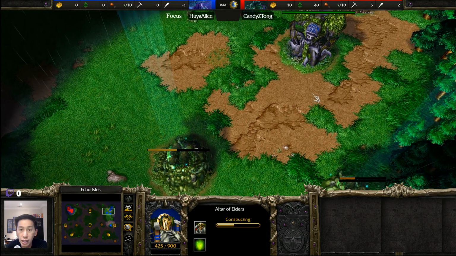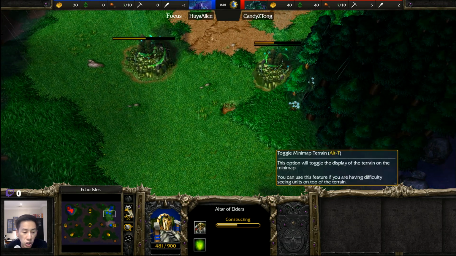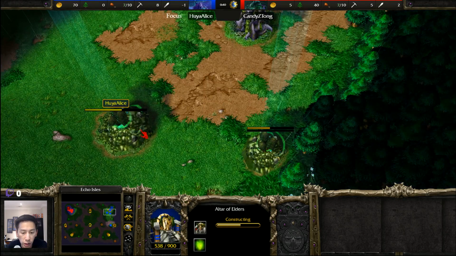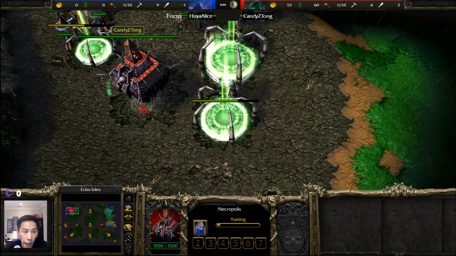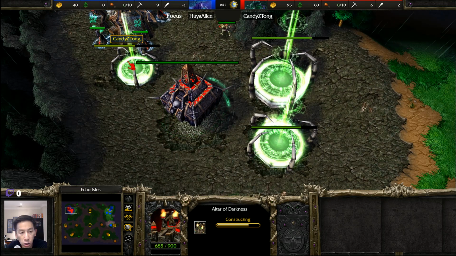On the top right hand side of the map, we see Alice opening up with a Moonwell, Altar of Elders, and Ancient of War being built down to the south here. So we are going to be going for that Ancient of War Archer creeping, and trying to get to level 2 quickly. Meanwhile, we are looking at Pink opening things up with a Crypt, an Altar of Darkness, and